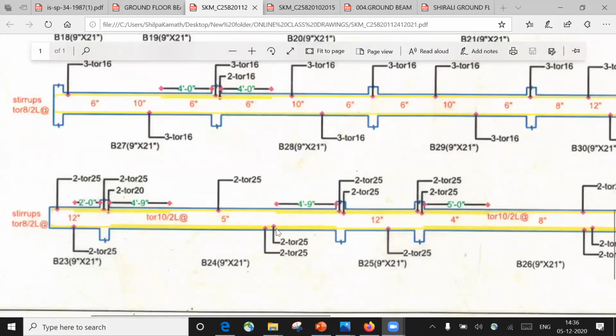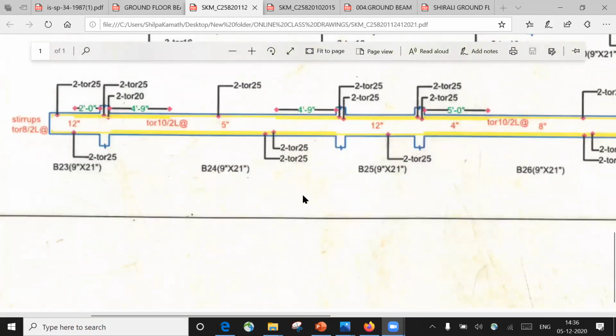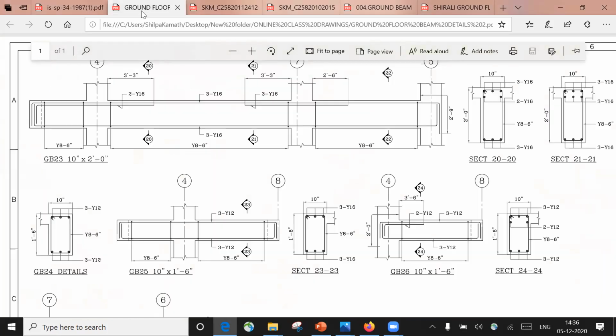So this is the logic. Now look here, in the bottom the sagging moment will be more. That is why you are providing more reinforcement in the bottom, whereas near the support you have a hogging moment. That is why you are going to provide 25 diameter 2 and 20 diameter 2 and 25 diameter 2, and this is the extension you are doing, right? I hope it's understood up to here.